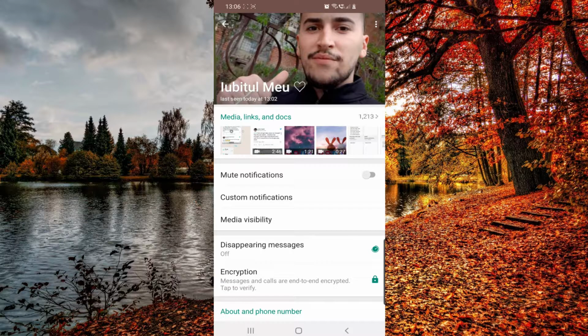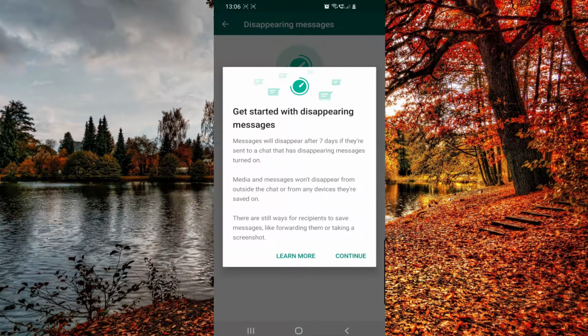And then as you can see right here, under the media and the notification, there is a disappearing messages option. So you just have to click on that, then click on continue. Like they say, the messages will disappear after 7 days if they are sent to a chat that has disappearing messages turned on. So let's turn this on. Click on continue